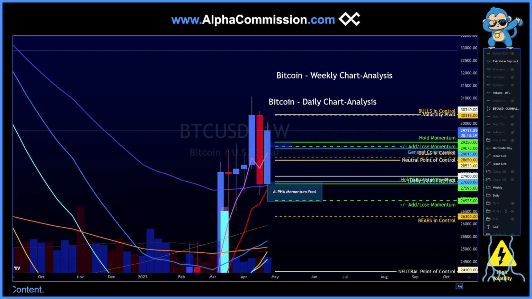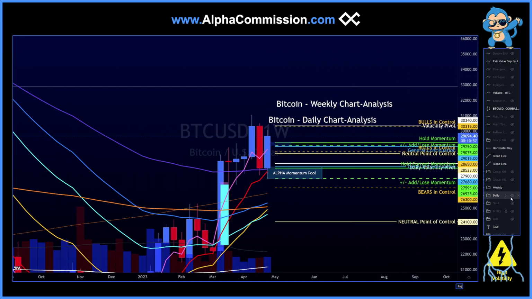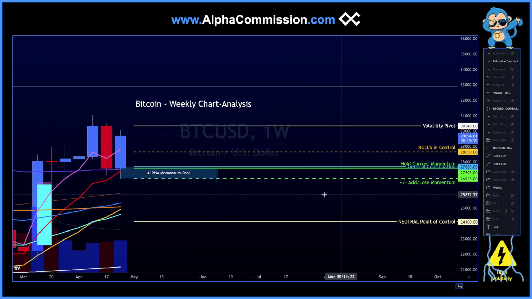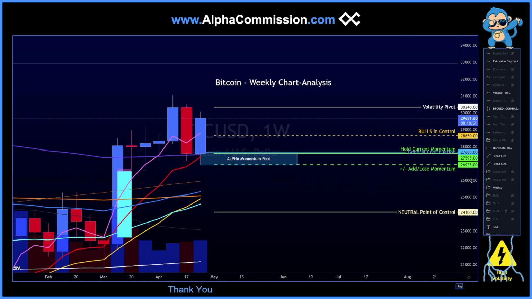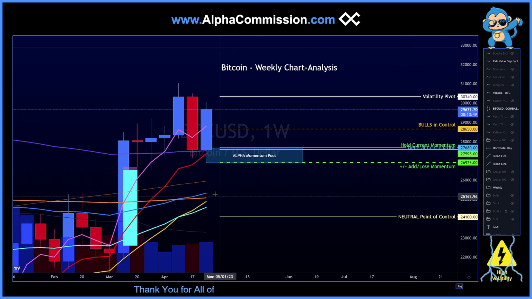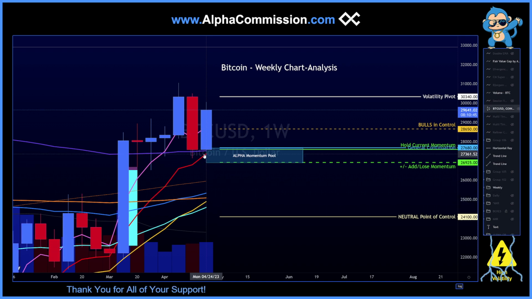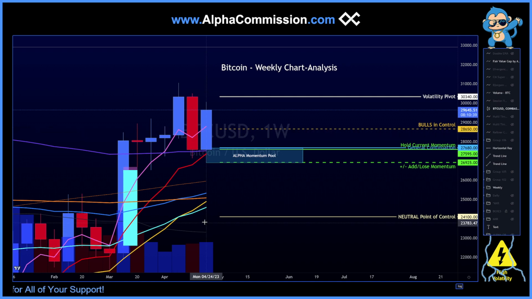And we can see that on the weekly chart, let me just get rid of the daily. On the weekly chart, we do have a very similar EMA structure here, right? We're above the 200, the 20, the 9, and also now we are officially above the 4 again. So bullish, bullish, bullish, guys. And then, of course, our volatility pivot,